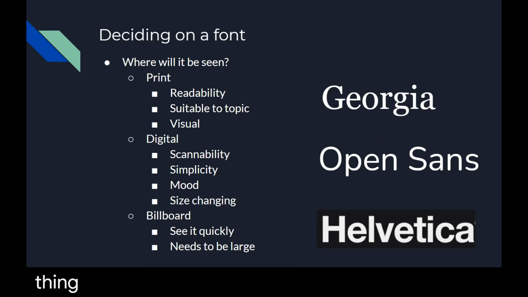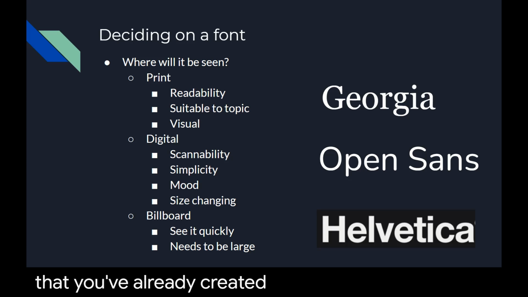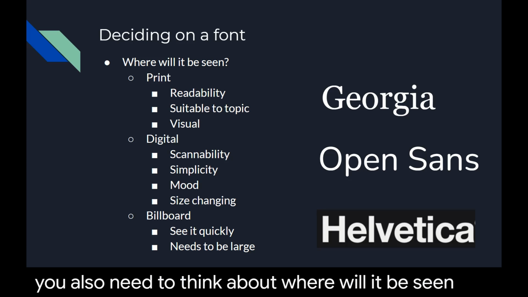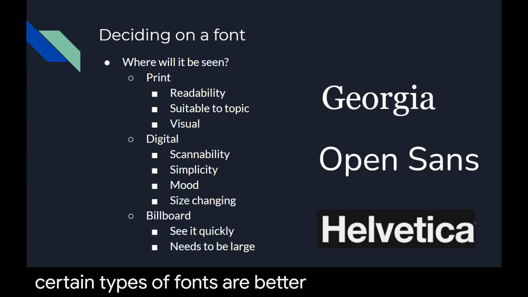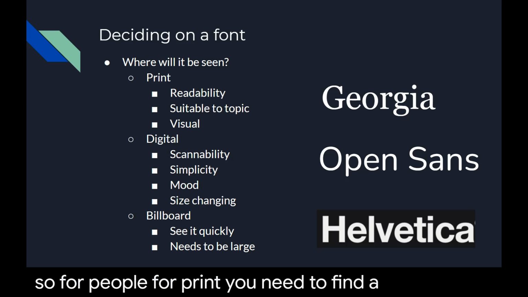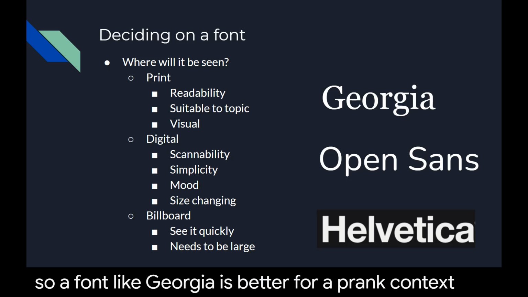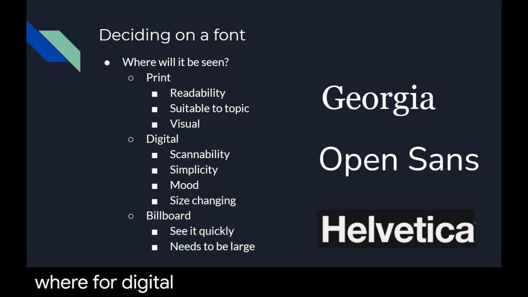So the first thing you need to think about is your design plan that you've already created. What kinds of fonts really go with your brand and your voice and your tone? But you also need to think about, where will it be seen? Certain types of fonts are better for certain mediums. So for example, for print, you need to find a font that is readable, suitable to the topic, and visually interesting. So a font like Georgia is better for a print context,